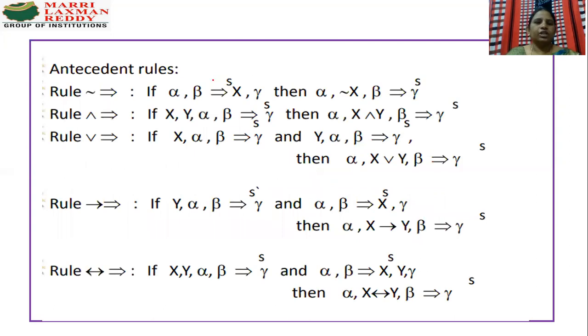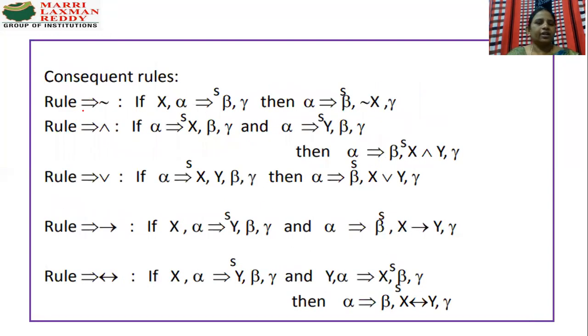Before solving the problems, we need to remember what are the antecedent rules and consequent rules. Antecedent rules means first is a connective, then the conditional arrow. Connective and conditional are there, then it is called an antecedent rule. These are the 5 rules for the first connective: negation, then arrow, then and arrow, or arrow, then conditional arrow, then biconditional arrow. Then it is called an antecedent. The connectives are placed before that symbol, then it is called an antecedent rule.